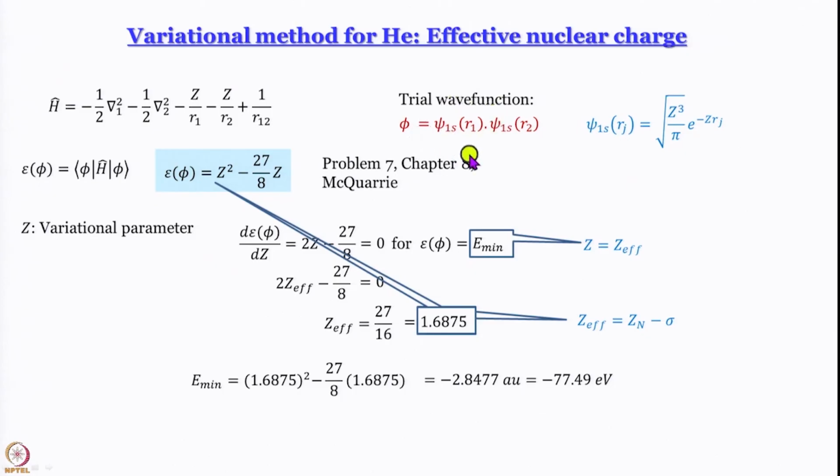Psi 1s is the same orbital that you get for the hydrogen atom. The only difference is that one of the psi 1s wave functions is written in terms of the coordinates of electron number 1, the other in terms of coordinates of electron number 2, that is all. So, using this we defined this functional epsilon as the integral of phi H hat phi